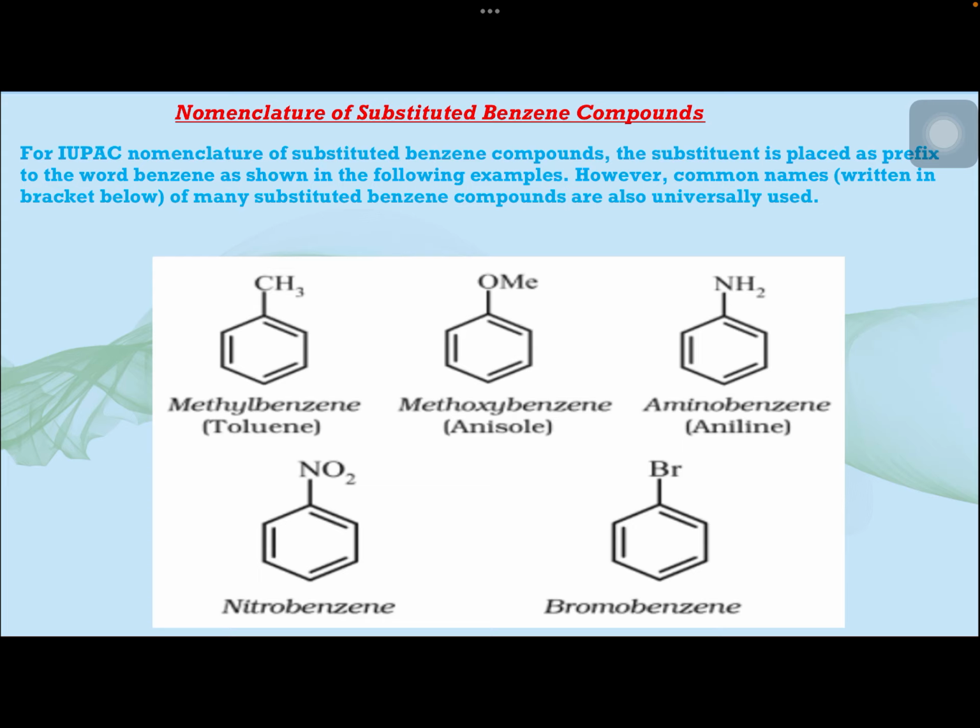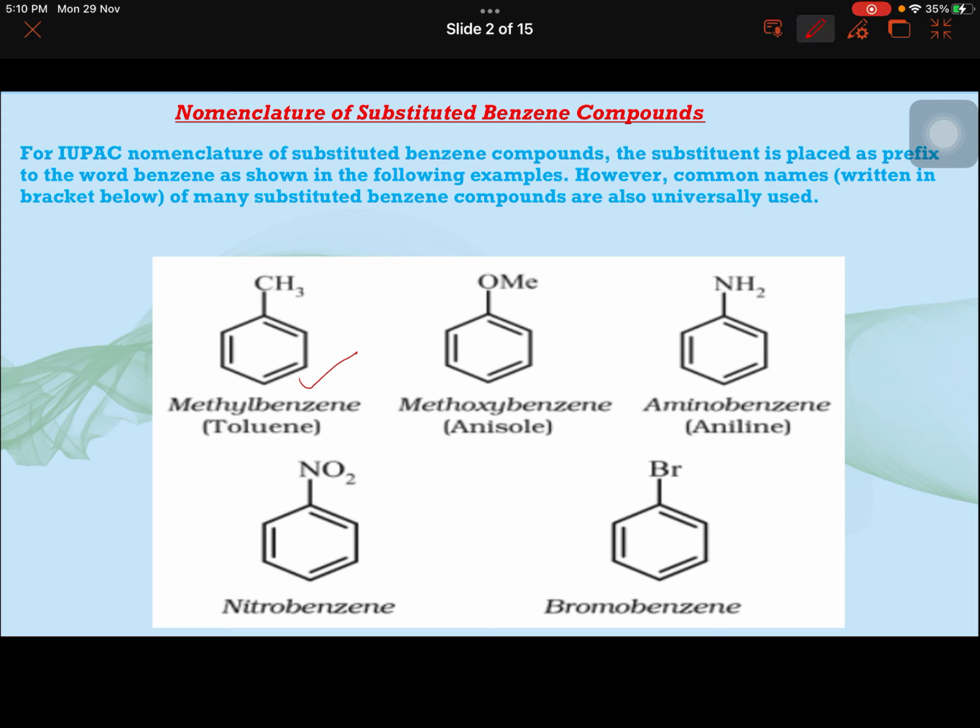Now let's start with the nomenclature of substituted benzene compounds. Now benzene is C6H6, which is having a cyclic structure, and there are 3 alternate double bonds that we all know. Now benzene derivatives means the compounds which have been derived from benzene. How? By putting a substituent on it, and substituent comes after a chemical reaction only. Right now we are just discussing the IUPAC. So this compound is called methyl benzene because you can see there is methyl on it, CH3 group.